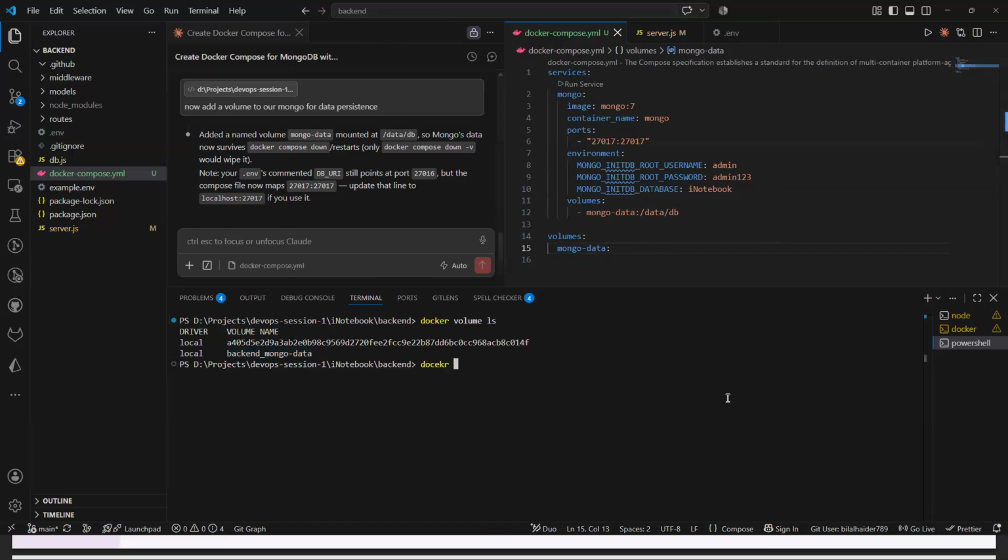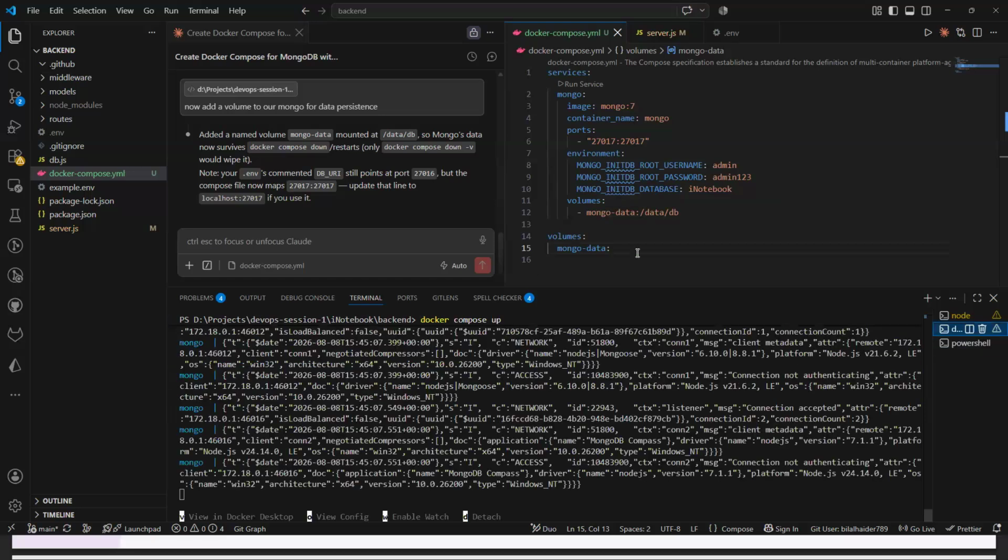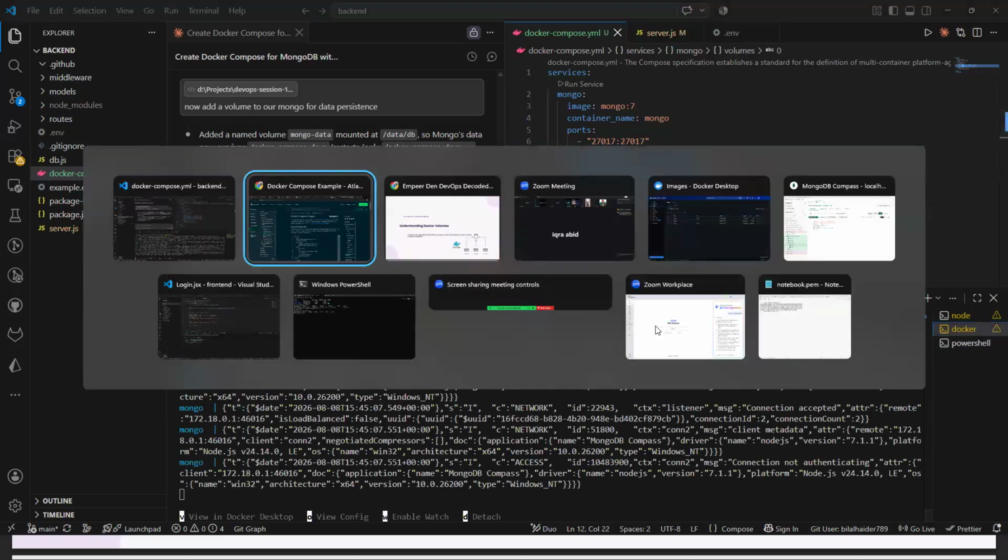So now if I run Docker, yes, my MongoDB is running. Also, I can see the logs here. And if I go here,